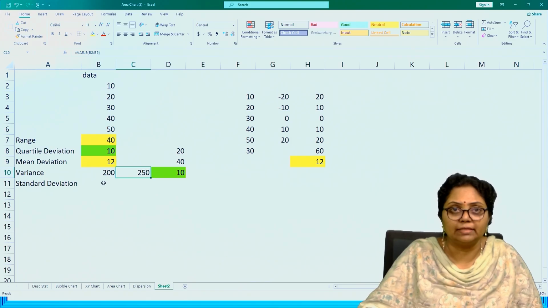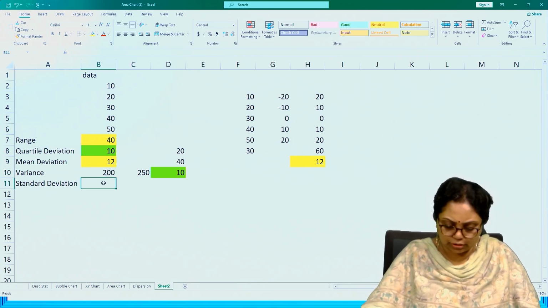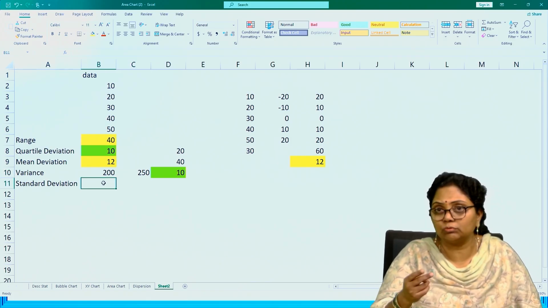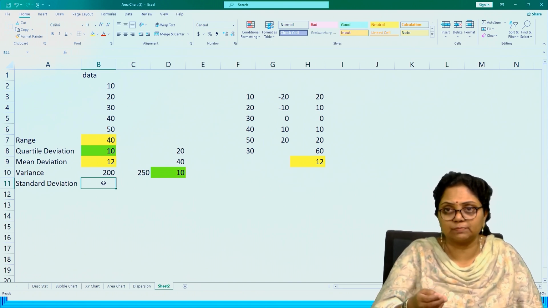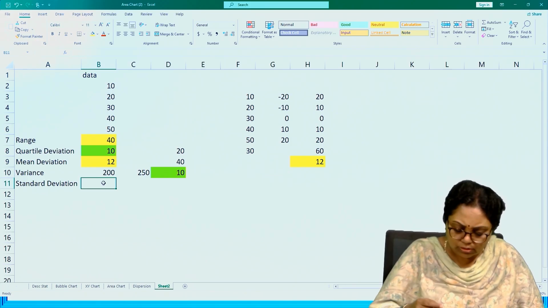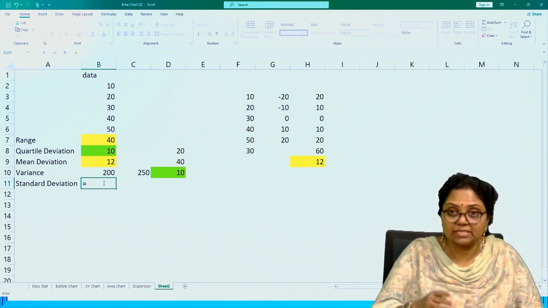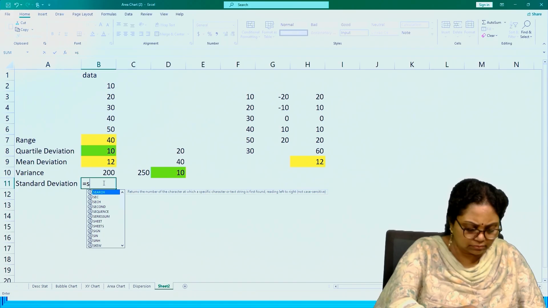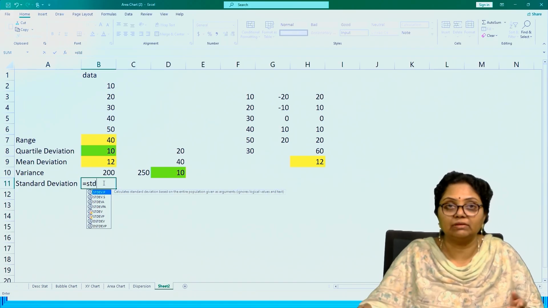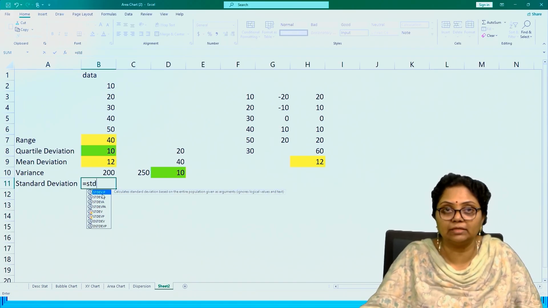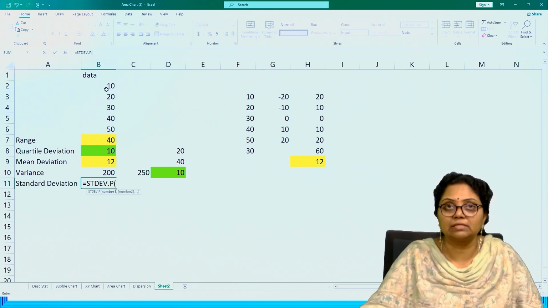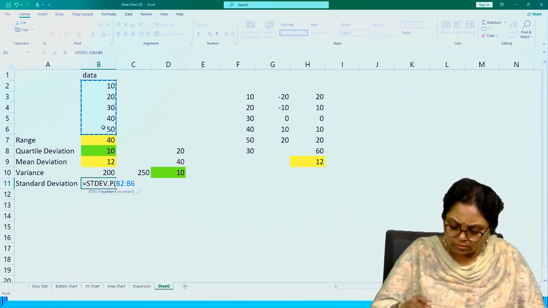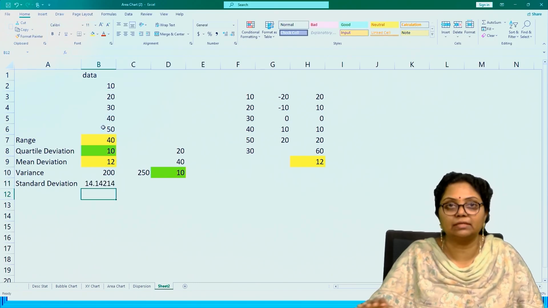Now, let us move on to the standard deviation calculation. Here also we have two default functions in the latest version of Excel, standard deviation with respect to population and with respect to sample. So =STDEV, the default function is STD. When we type it, automatically we get STDEV.P and STDEV.S in the Excel functions. First we will go with the population. Give the data range, close the bracket and press enter. So we got